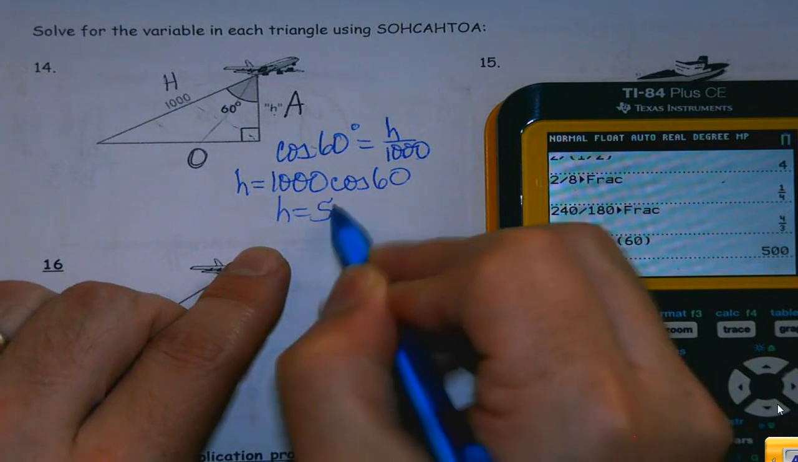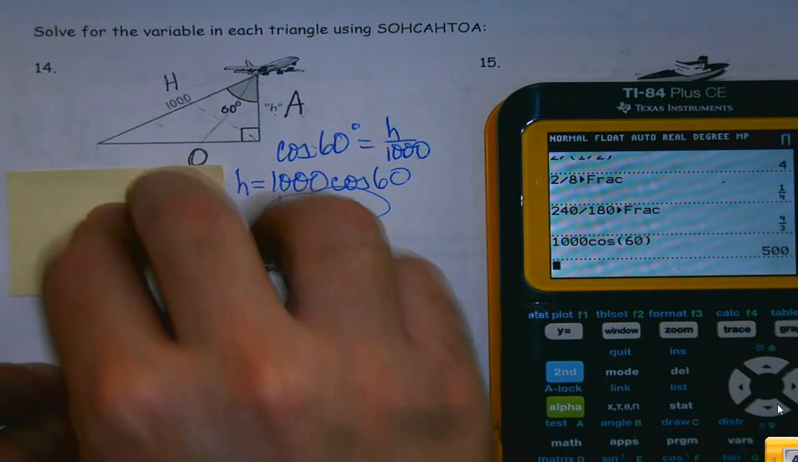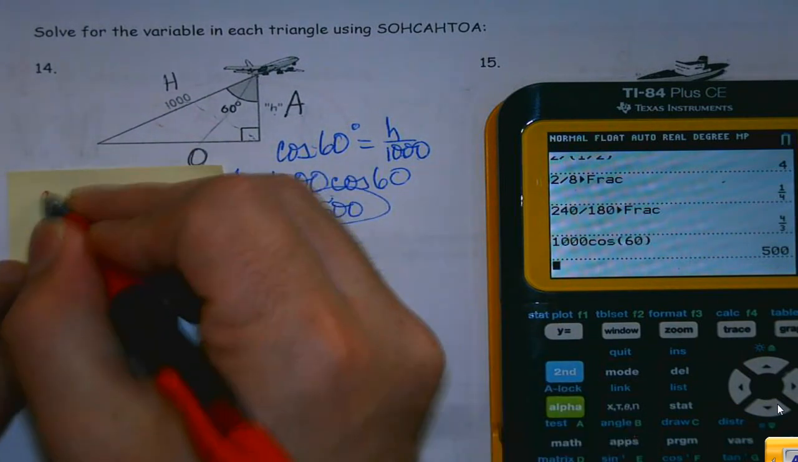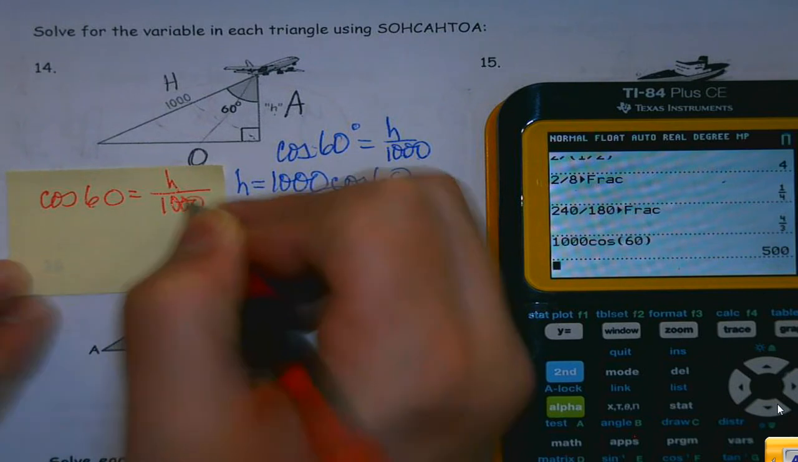So H would be 500. Or, if you need to do it algebraically, because sometimes some of us like patterns and stuff, and some of us not quite so much, and that's okay. My other option would be, if I had it set up, I think about it like I do with